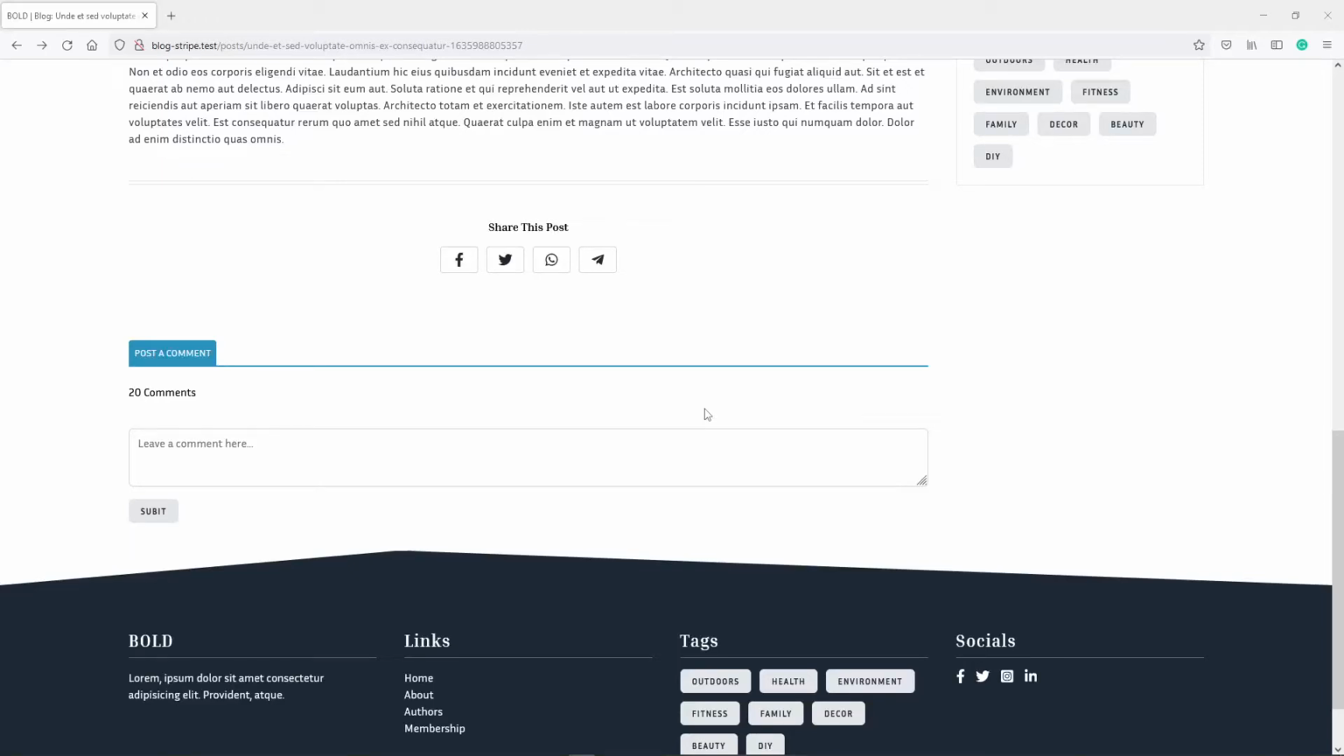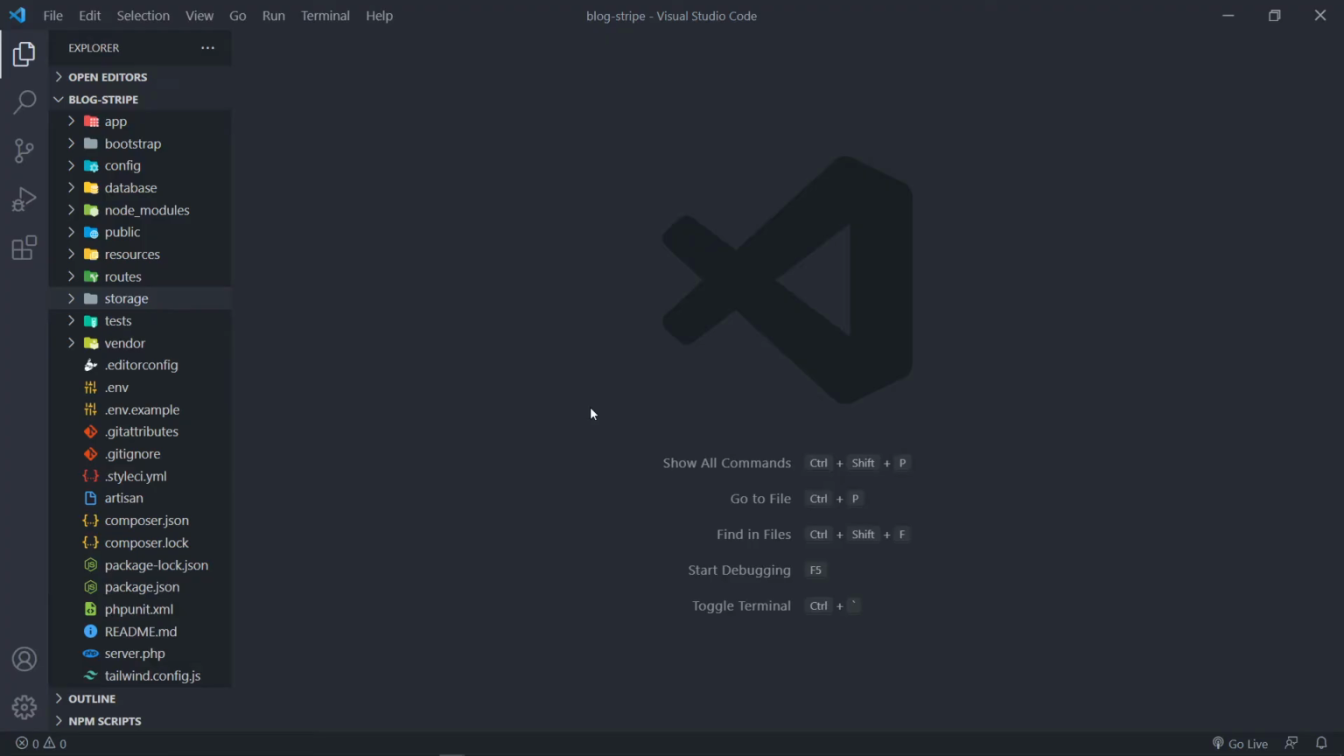So what we're going to do in this episode is create a job to handle and process our comment and our reply. We'll use the same job to create a comment and to create a reply. So let's get started. In your code editor, where you have your application open,